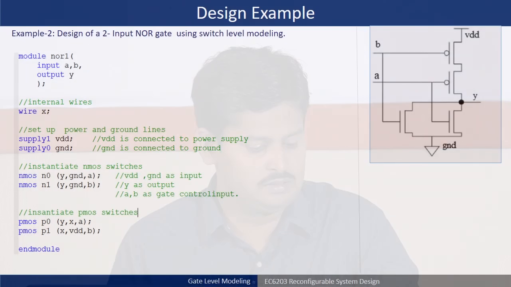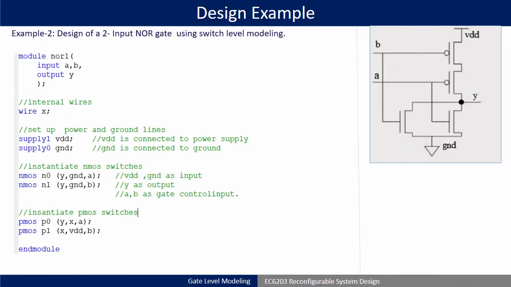So, what we have done is we have taken one example to learn how to code for switch level modeling. Okay. So, I have taken a 2 input NOR gate, where my inputs are A, B. You can observe here NOR 1 is my module name, inputs are A, B and output is Y. So, this is another way of writing: you can directly define in the module itself what the inputs and outputs are. Okay. That is why we have not written the inputs and outputs separately here.